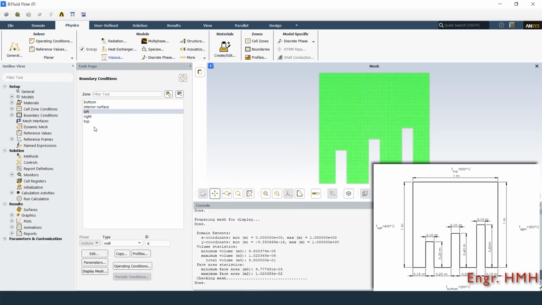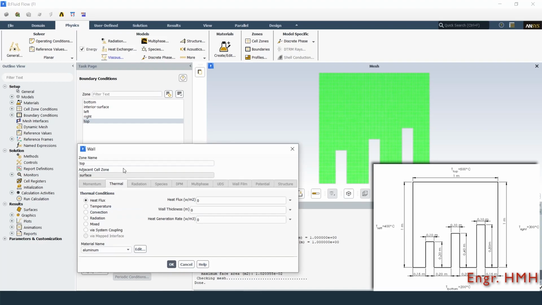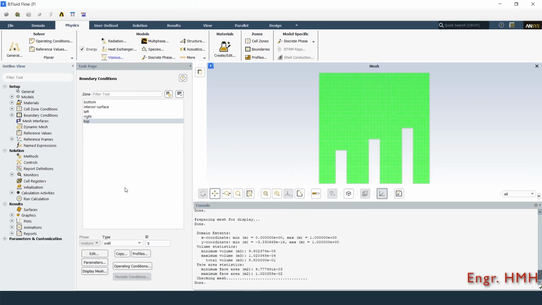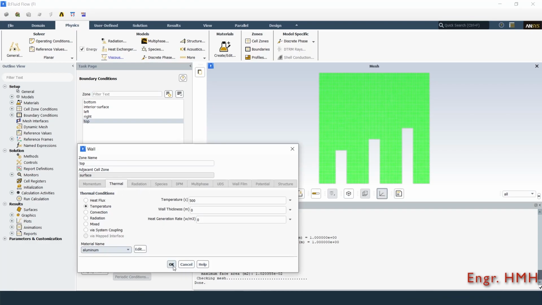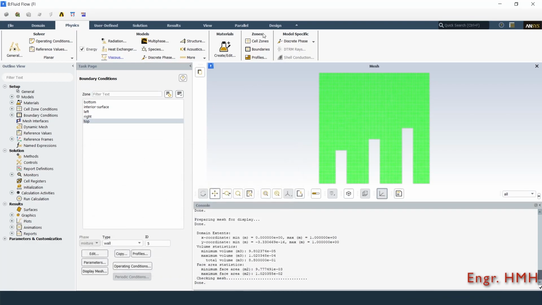At last, select the top boundary and edit. Select the boundary type as temperature and provide a temperature value of 500 degrees Celsius and click OK. Now boundaries are defined.